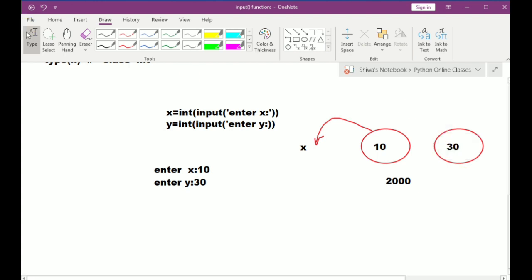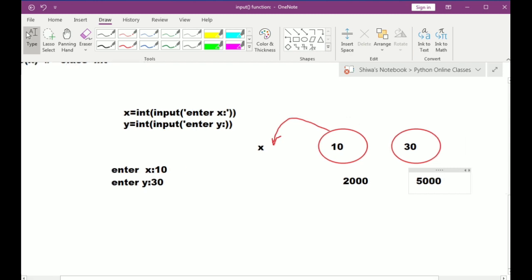That address will be given to the variable y. So now y refers to this 5000 memory location, and x refers to this 2000 memory location. Hence internally the x and y objects will be created. So this is the memory representation of the variables in Python.